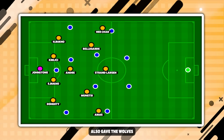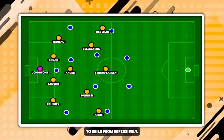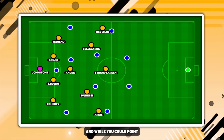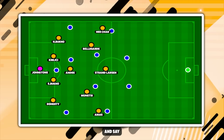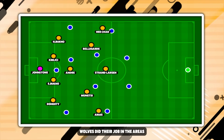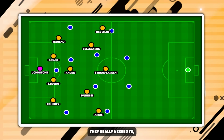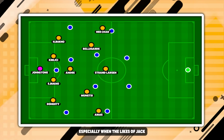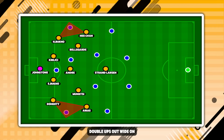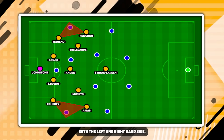This formation also gave Wolves a good platform to build from defensively. This is the first clean sheet that Wolves have had this season, and while you could point the finger at Everton and say that they could have been offensively better, I also think you could say that Wolves did their job in the areas that they really needed to, and that was out wide, especially when the likes of Jack Grealish came on. What they did so well was create double-ups out wide on both the left and right-hand side,